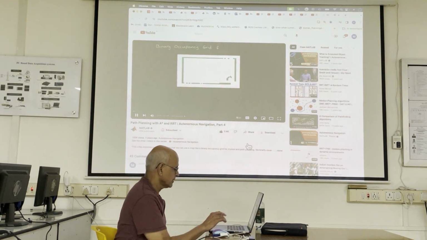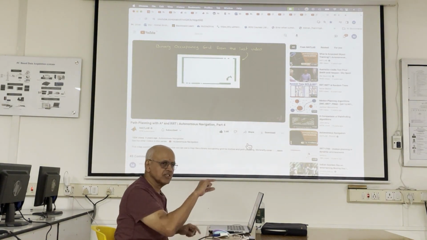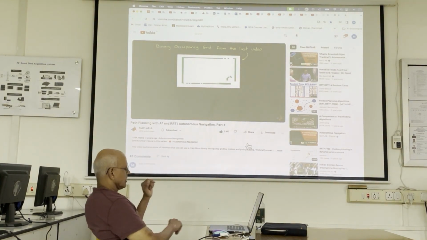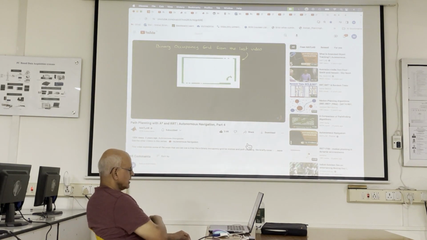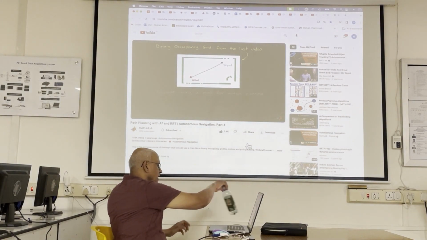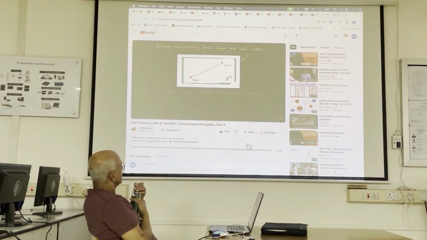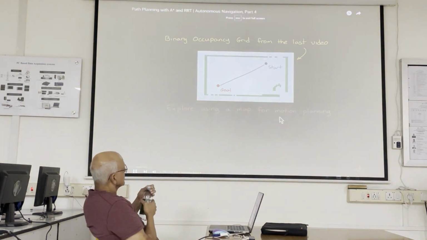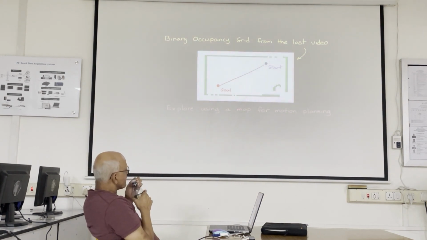In the last video, we covered simultaneous localization. So this is a follow-up to the postgraph video. We ended up with a map of the environment in the form of a binary occupancy grid. Now, for this video, we're going to explore some of the ways that we can use a map like this for motion planning. That is, finding a trajectory through the environment that connects a robot's starting state to some goal state. And we're going to briefly cover what motion planning means and how we can use a graph to solve this planning problem. And then we're going to cover 2 popular approaches for creating that graph: search-based algorithms like A star